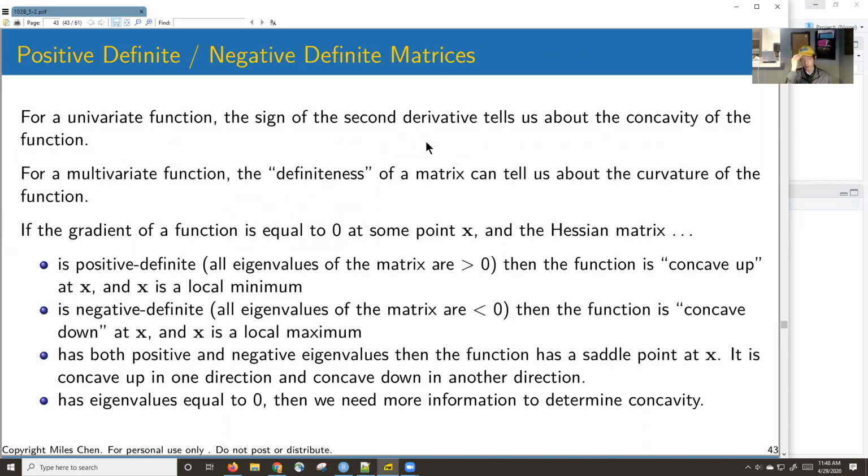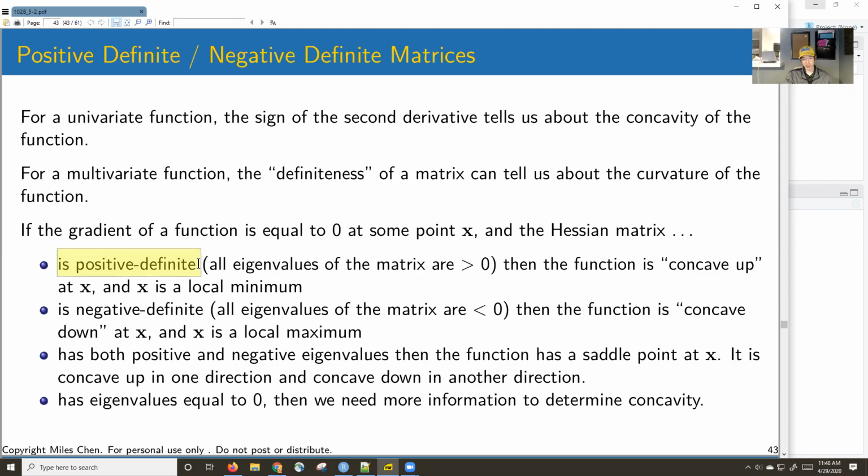For a multivariate function, the definiteness, I don't know if that's a word, of the Hessian matrix can tell us about the curvature of the function. So if the gradient of the function is equal to the 0 vector at some point x, and the Hessian matrix is